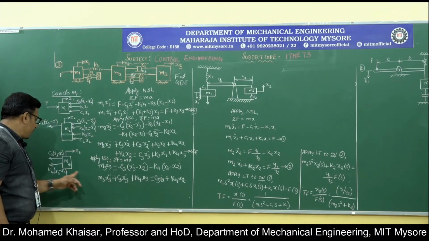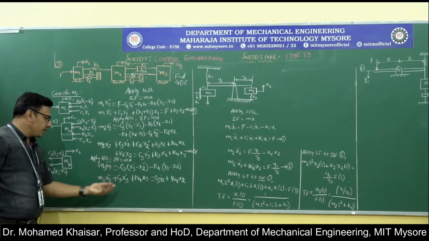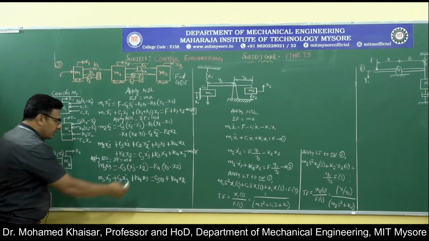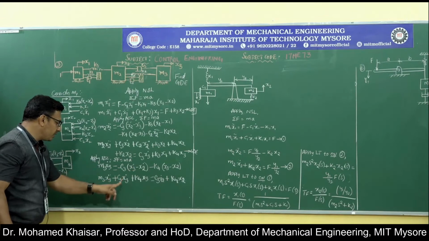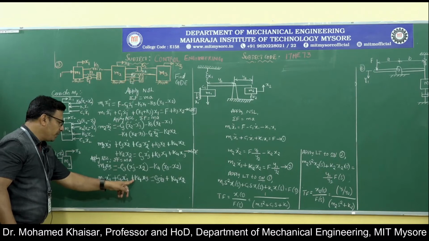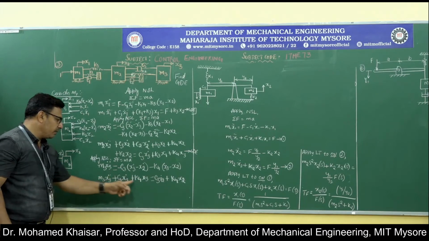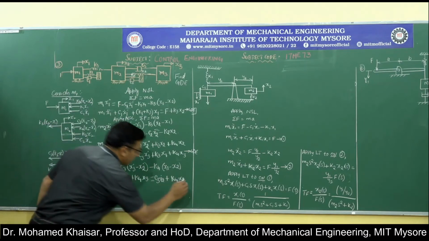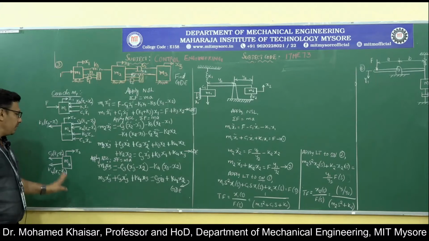Since we are analyzing the mass m3 with a displacement of x3, we will try to bring all x3 components onto one side and retain other components onto the other side. That is what we have done here. m3 x3 double dot, minus c3 x3 dot, if we take it onto the left hand side, becomes plus c3 x3 dot, and minus k4 into x3, if you take it on the left hand side, becomes plus k4 into x3, is equal to whatever was remaining, you just retain it. That gives us the governing differential equation for the mass m3.